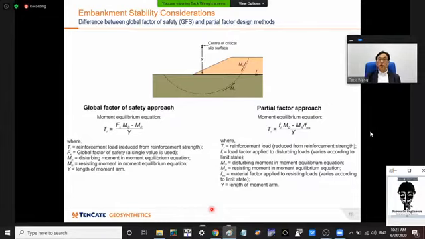And traditionally, a global factor of safety approach is used, whereby a minimum overall factor of safety of 1.3 is typically adopted in design. BS 8006 is a limit state design where partial factors are applied to various components like loads, shear strength, and reinforcement strength as well. It should be noted that the BS 8006 approach has been calibrated with the traditional global approach in recommending various partial factors to be used.